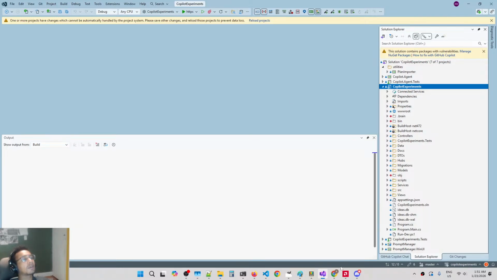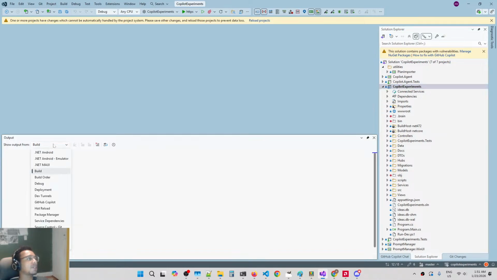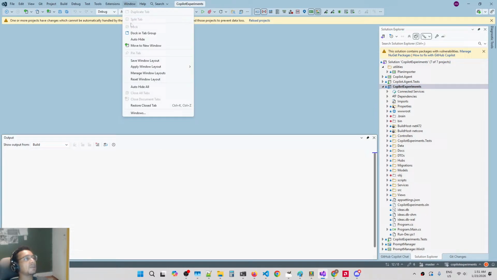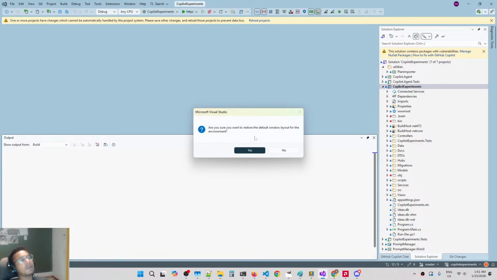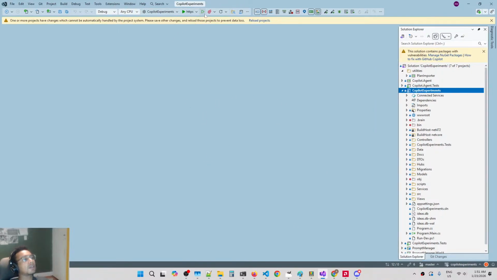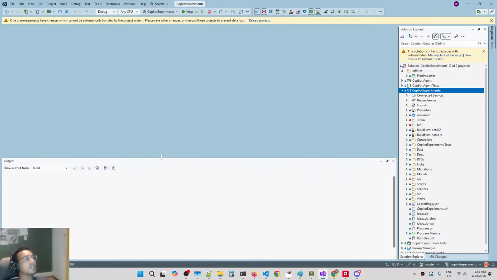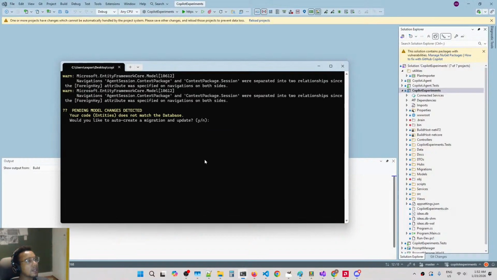So let's see if our project is running. There's no output. And I'm going to restore that window layout. Yes. Okay. So if there's an issue, it's going to tell me, waiting for the server to listen. I don't see any errors. I don't see anything. That's an opportunity to just, all right. So what did it say? It says there's a migration. So on the migration,